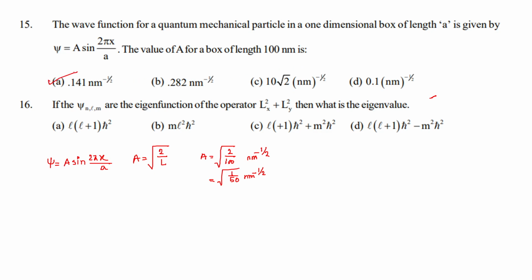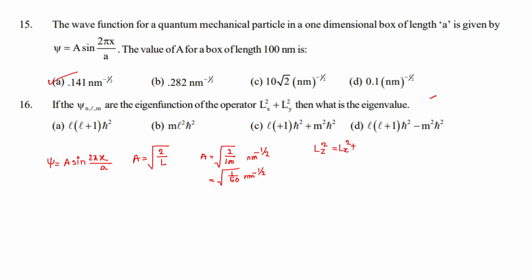So this is the correct answer. What about the next set of question: if psi n l m are the eigenfunctions of the operator, then what is going to be the eigenvalue? So we know that L squared is